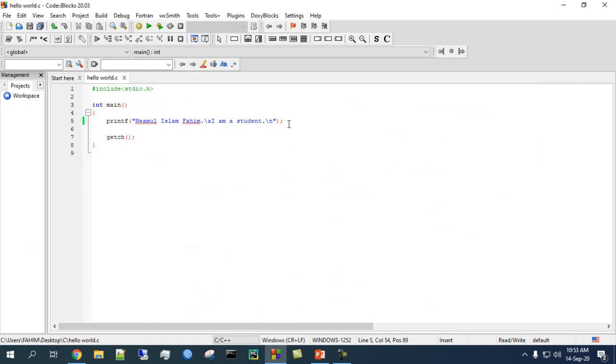Now I will show you how to comment. Basically, a comment doesn't affect the program. It runs the program as you are typing it, and the compiler knows that the symbols we are going to use are only for commenting. So one of our comment symbols is the double forward slash. If we write any comments like